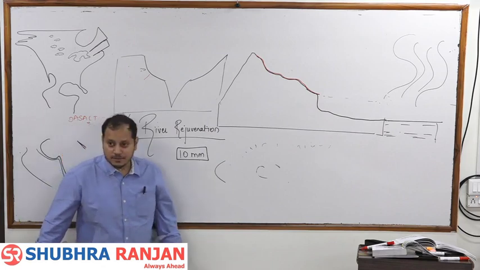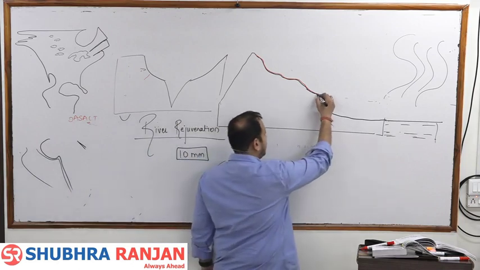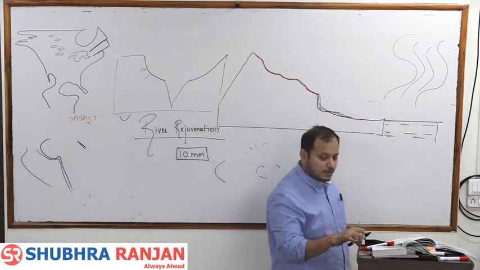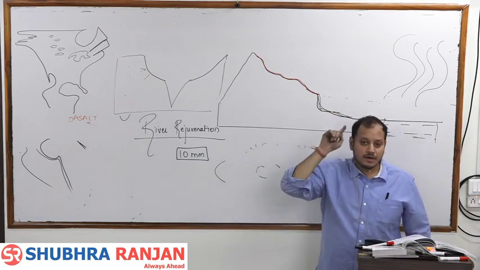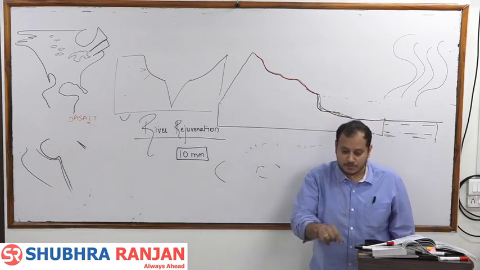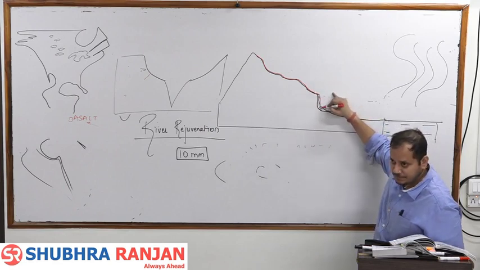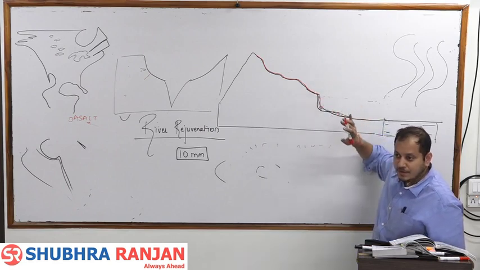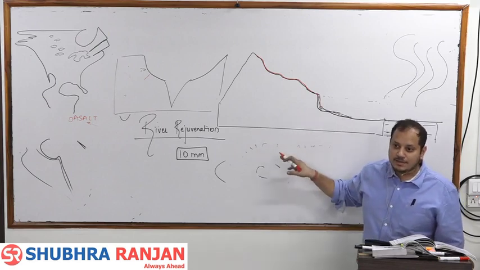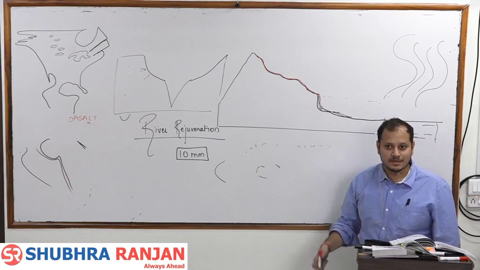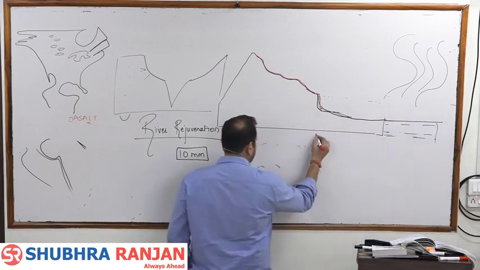Second evidence of erosion is waterfalls. There will be always waterfall either in the mountains, or if there is a waterfall in the plateau, that means it has gone through more than one cycle of erosion. Getting it? Where do you find all these things? In the polycyclic land things. Why I am telling you all these things? Because these things are very common in